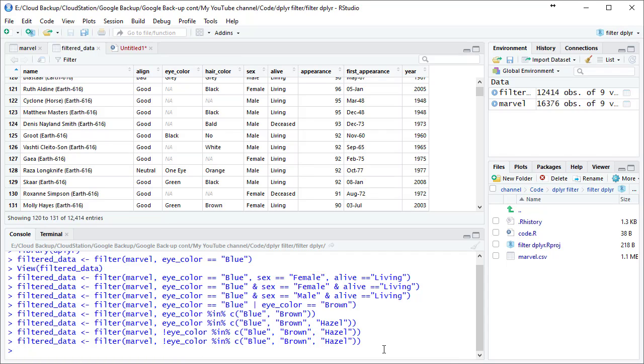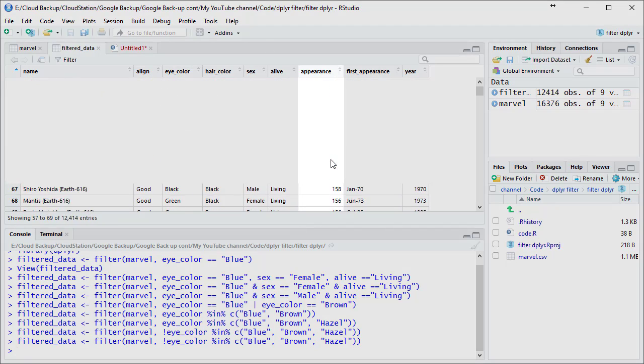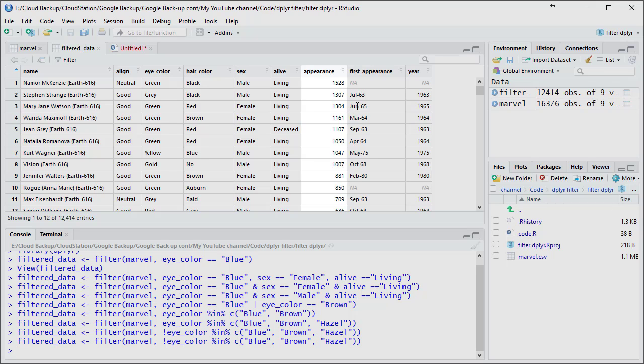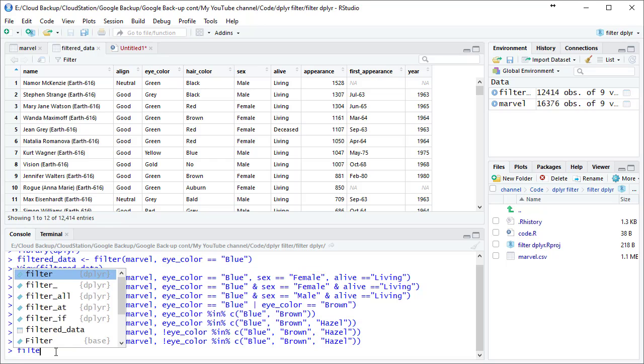So all of our examples so far have dealt with filtering text, but it's just as easy to filter numeric values. So here you can see that we have a column that says appearance, and it says how many times the character appeared since their first appearance. So let's say we want to return all characters that have appeared more than 2,000 times, all we'd have to do is,